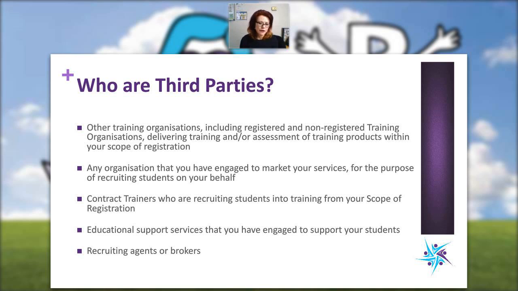So I think VET FEE-HELP is an amazing program, and it's really, really good to be able to support students who can't afford to pay for their own training, where they pay it off through their tax. Unfortunately, there's been a few RTOs out there that have been rorting the system and spoiling it for everybody else. Hopefully, we'll get it all right. ASQA will regulate it, and we'll get in there and audit these RTOs that are non-compliant, and that will get our VET FEE-HELP back up and going.